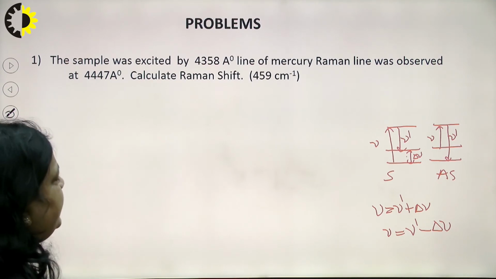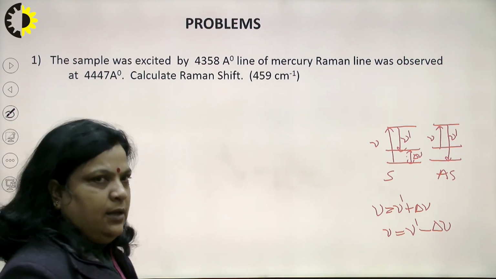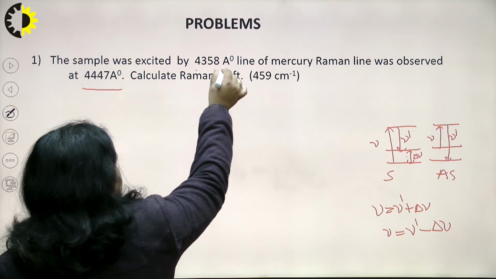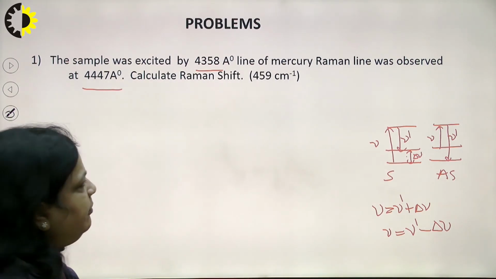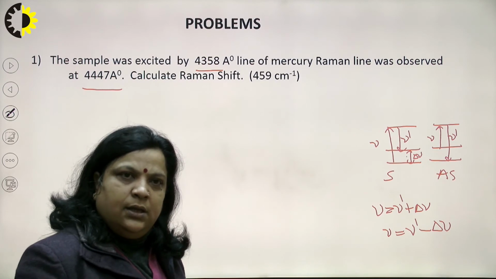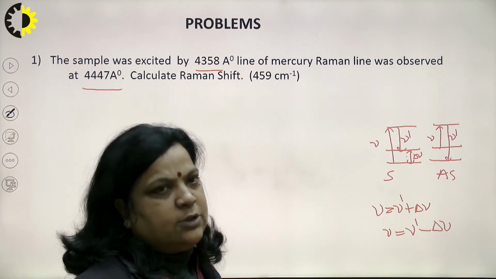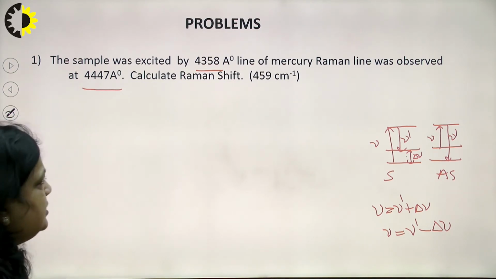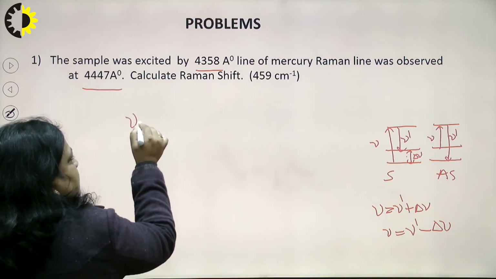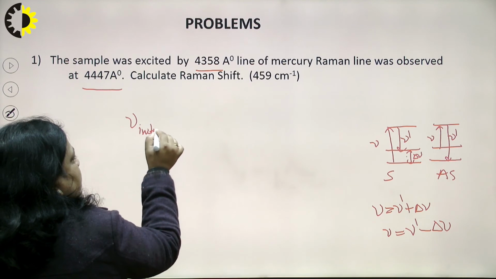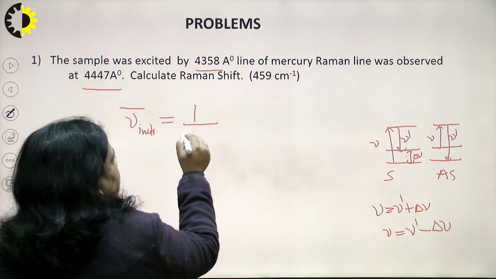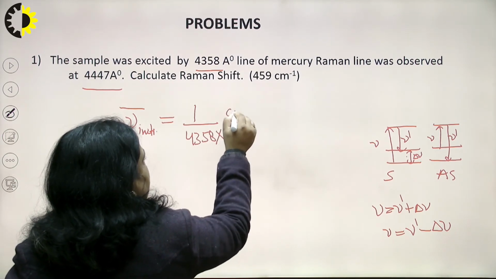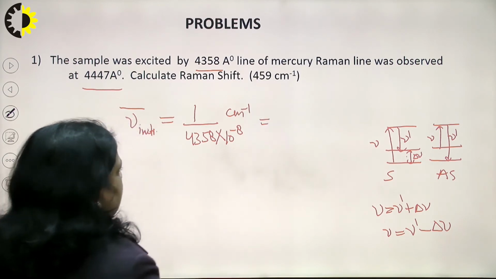So, a sample was excited by 4358 angstrom line of mercury, and a Raman line was observed at 4447 angstrom. Calculate the Raman shift. Generally, we prefer to give the Raman shift in centimeter inverse, so we avoid the calculation in angstrom, that is in terms of wavelength. First, we convert this angstrom into centimeter inverse, that is in terms of wave number. So, the initial frequency is equal to 1 upon lambda. 1 upon lambda means 1 upon 4358 into 10 to the power minus 8 centimeter inverse,